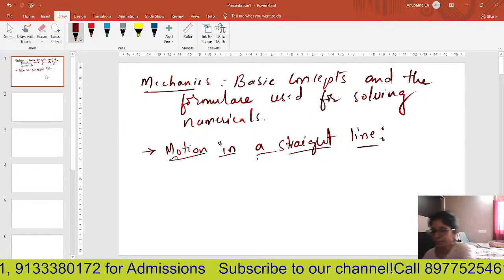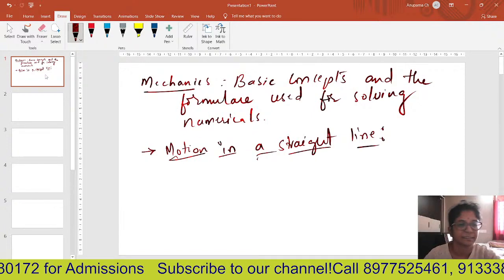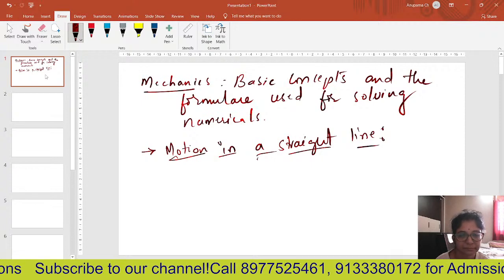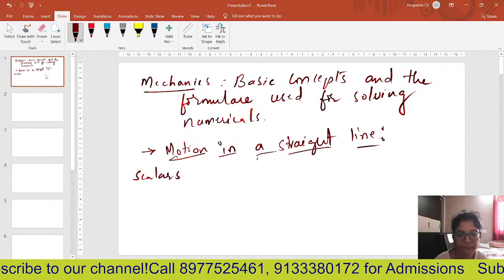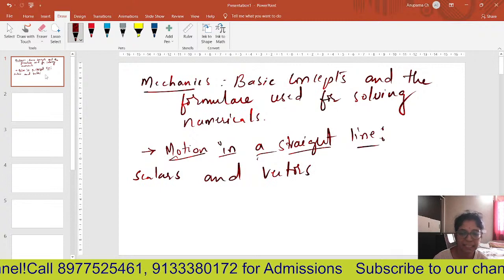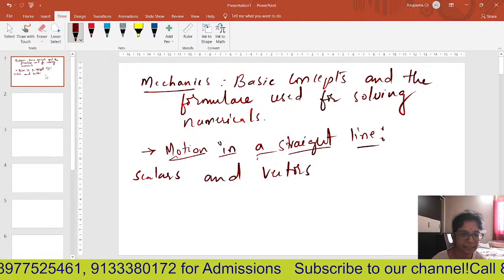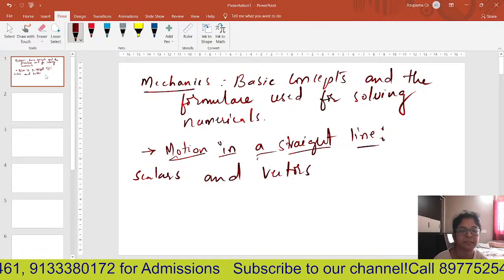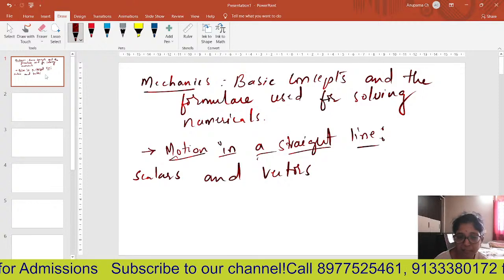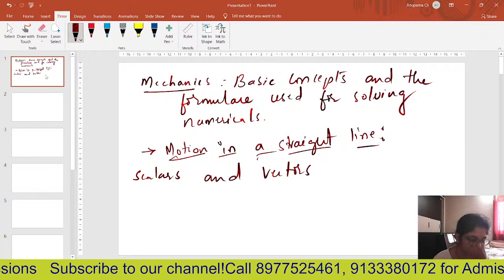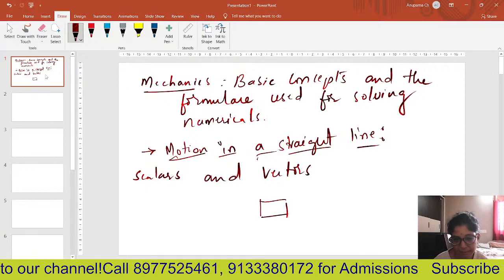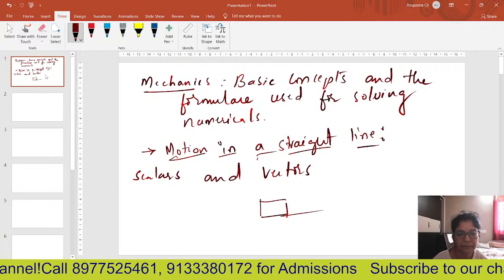Do you know the difference between scalars and vectors? Scalars are those which have no particular direction. Usually you measure scalars only in terms of their magnitudes. And vectors are those which you measure both in magnitude and also in direction. For example, if you take force, or if you want to move a body from one place to another place, like I want to move a simple chair or table from one place to another place,